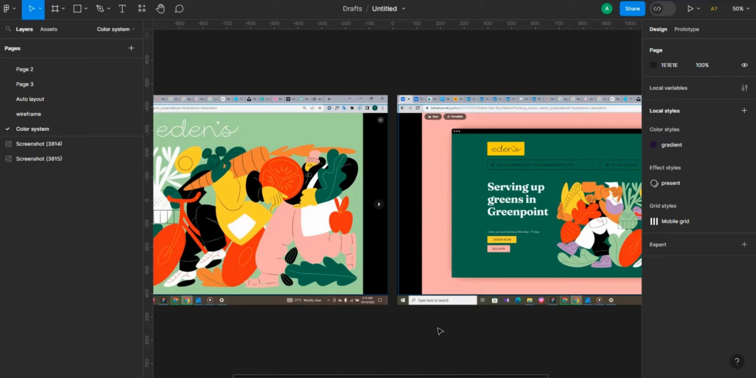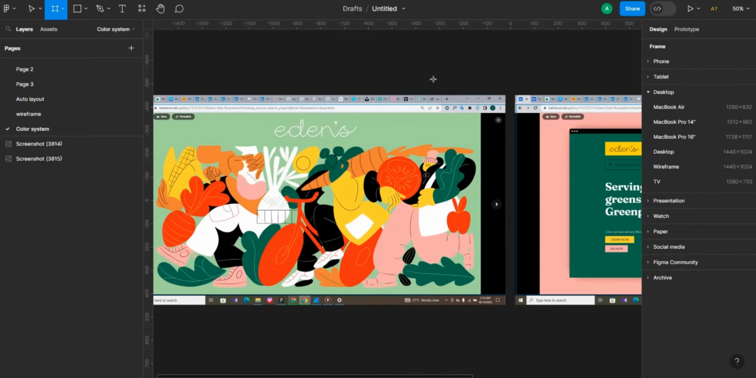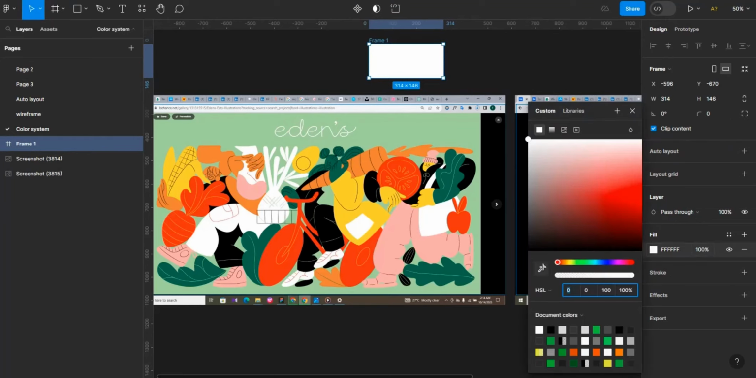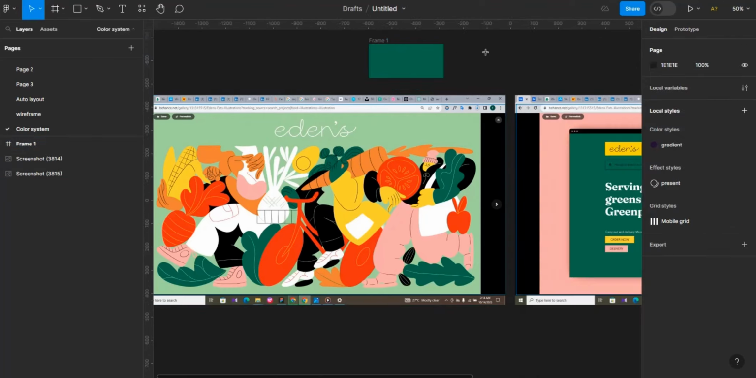But before I do this, I already have the main color I'll be using. The main color I'll be using is green. I have a frame and select my primary and secondary brand colors that I will be using. So for my primary brand color, that is this green. So for my secondary brand color,